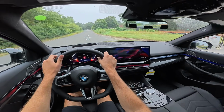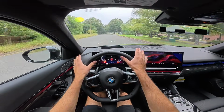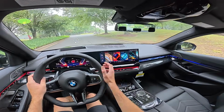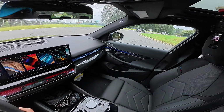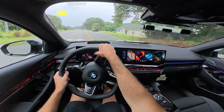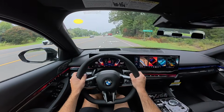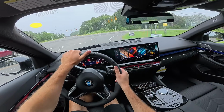So this is what it's like to be behind the wheel for the latest generation 5 Series. Definitely really cool. There are some quirky features that you don't see in some of the other sedans, like all of this lighting here, as well as a few of these different modes here. So just depending on the mood that you would like, as I showed earlier, you have some graphics there that will change depending on that mood. And as I said, it's a very fun vehicle to drive, very luxury focused at the same time. And of course you have several ways that you can spec this depending on the options and everything that you would like. And as far as its handling goes,